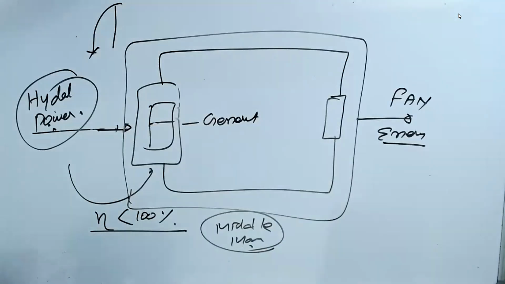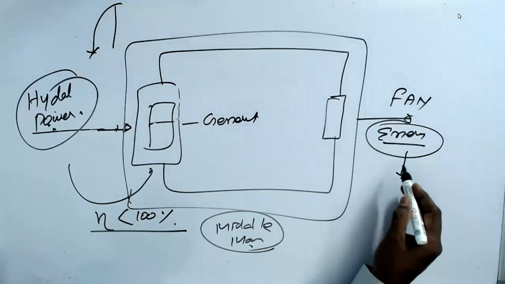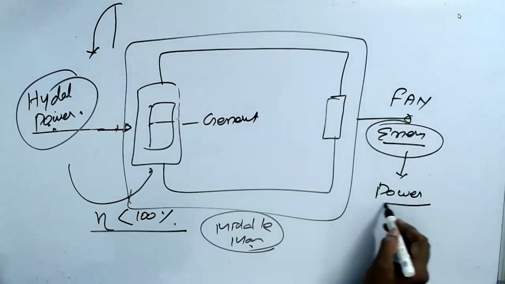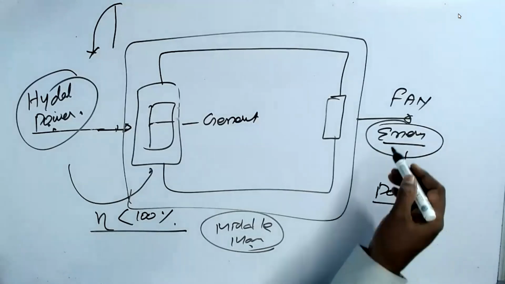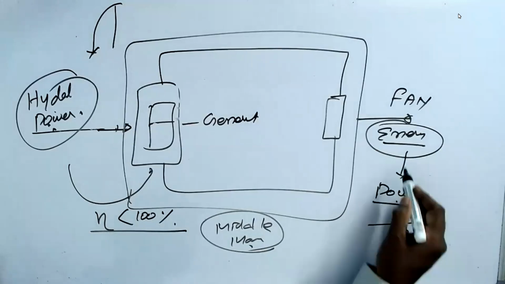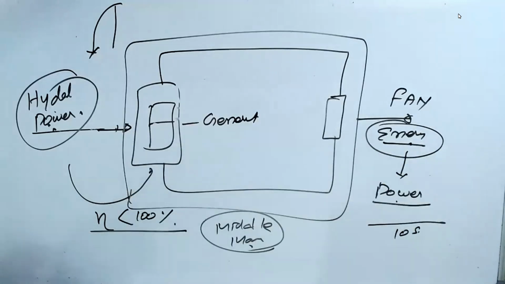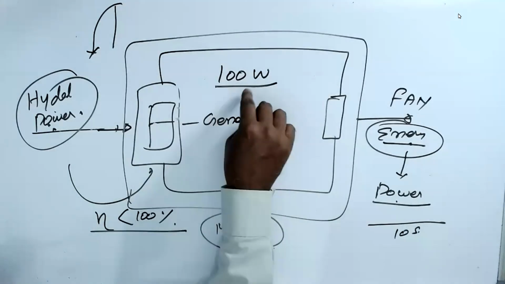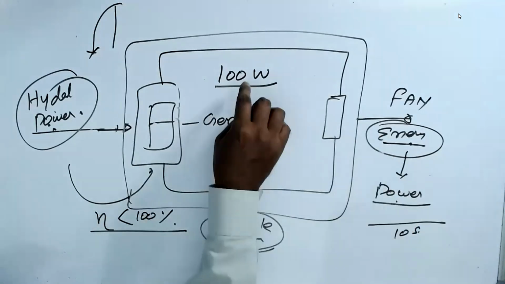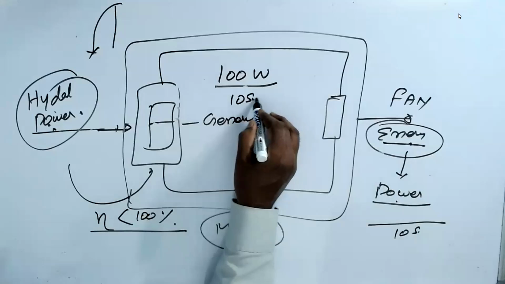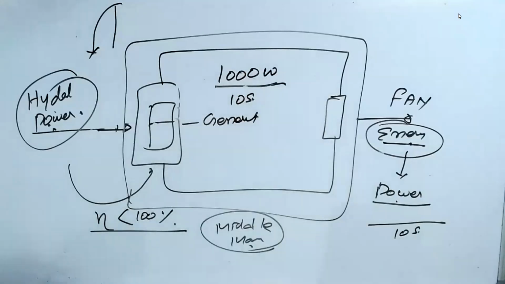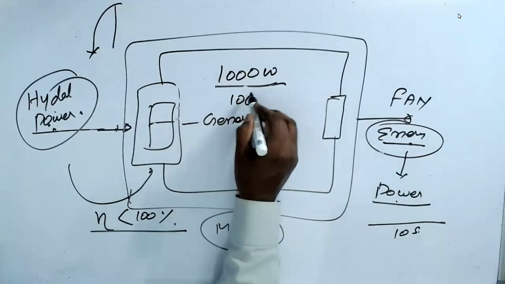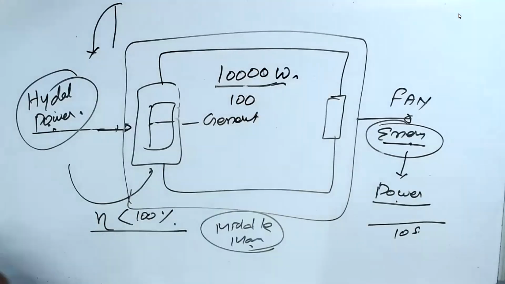So what happened? This energy, they found out very surprisingly. What is this power here? Both are the same. If you have power per second, and you do it for 10 seconds, it becomes energy. If you do it for 1 second, that is called power. If you buy a 100 watts bulb, that is nothing but 100 watts per second. If you use it for 10 seconds, then it becomes 1000 watts. If you use it for 100 seconds, that is 10,000 watts. So a 100 watts bulb means it is 100 watts per second.